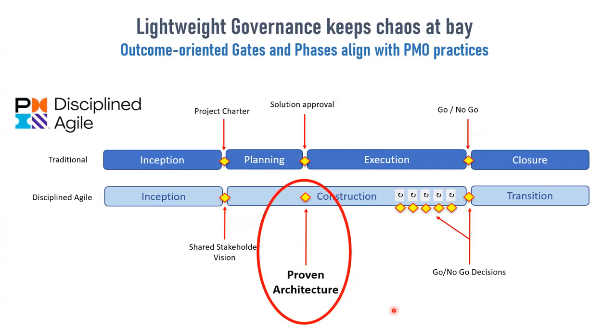I've seen something similar in other approaches like SAFe, which is interesting in that it brings in the idea of architectural runway. DA takes that and other ideas and has been for years saying, if you want to reduce risk, one of the first things you need to do in construction is make sure you can actually build this thing. So why don't you take the first few iterations and build a walking skeleton? Walking skeleton of architecture has been around as an idea for a long time.